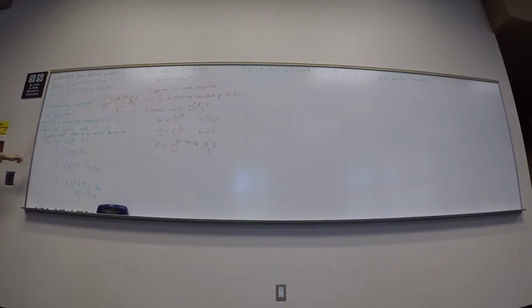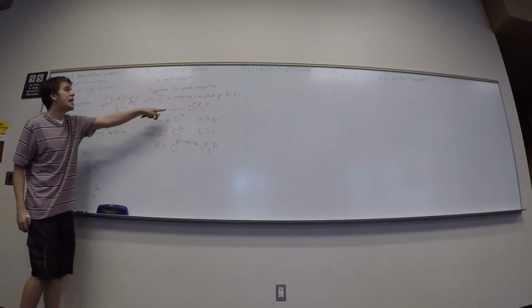But now let's think about this. Where is the contradiction going to come from here? Yeah, the third condition is going to get us, because we used the first 2 to find the string and the decomposition. Let's see what it says. It says, no matter how many copies of y that I put into the string, I stay in the language every single time. But if I can find a value of i for which I get out of the language, this is not true anymore, and therefore I have a contradiction. So, what value of i do I have right here?